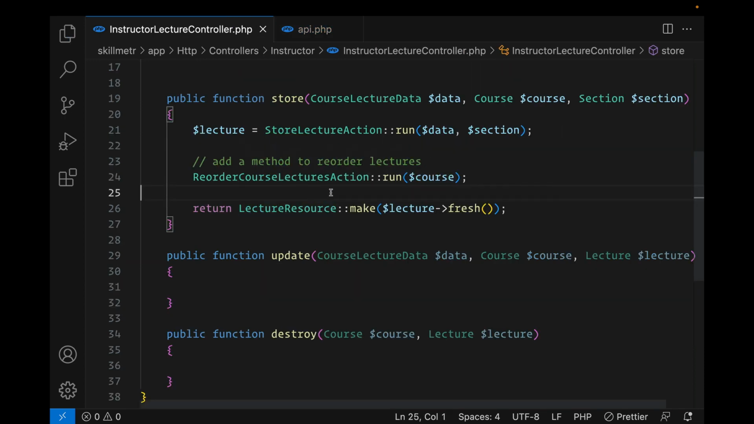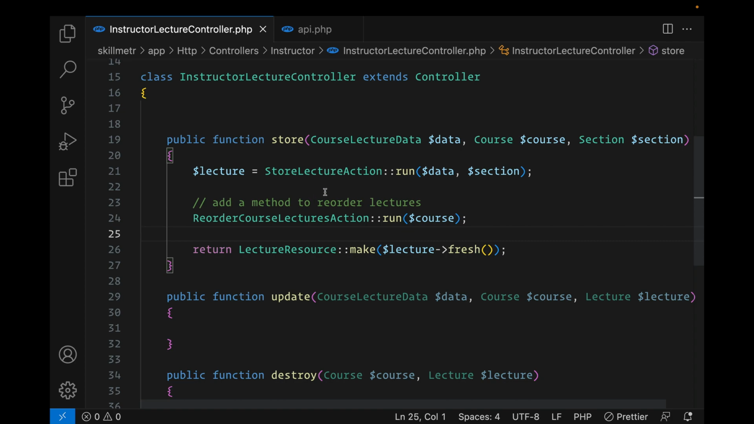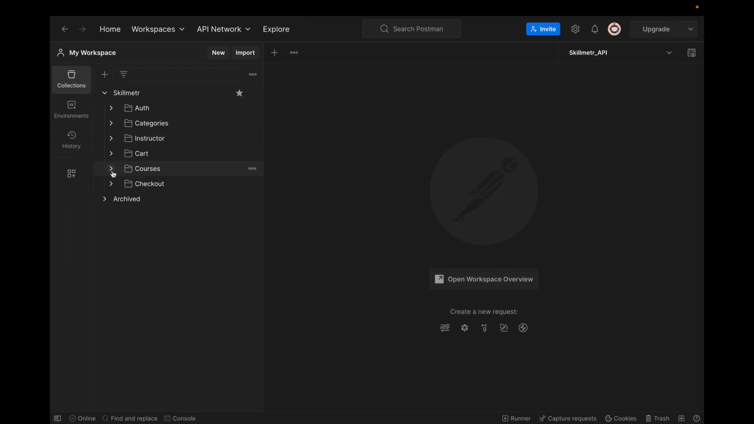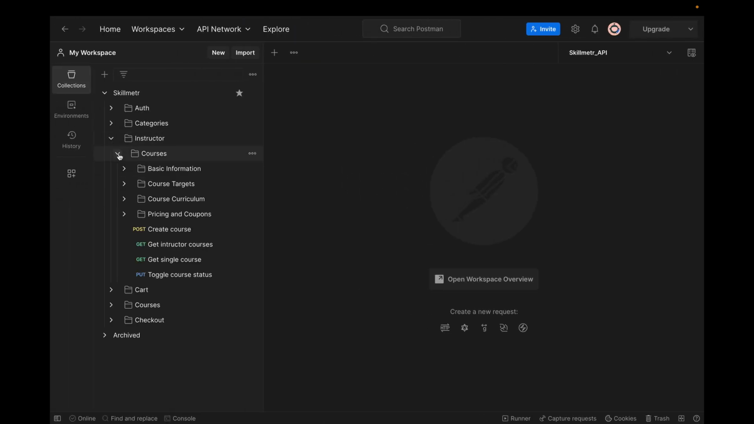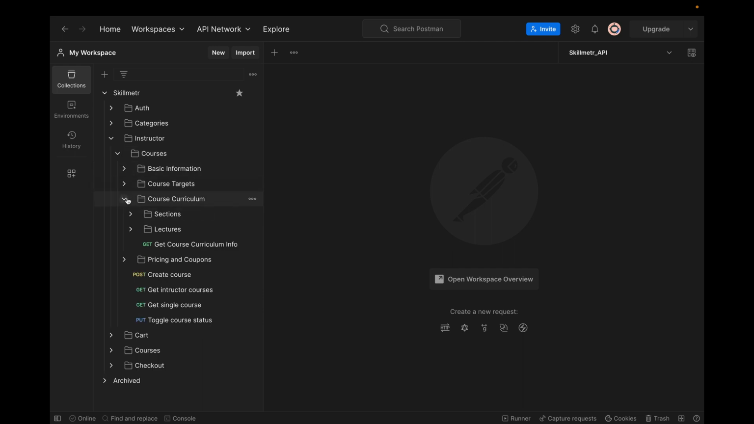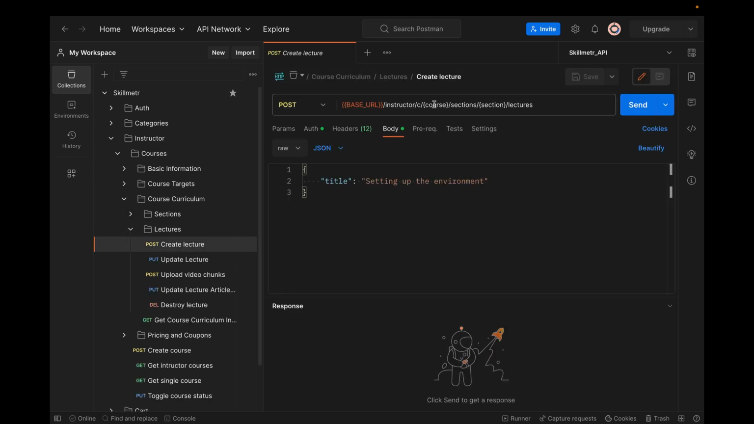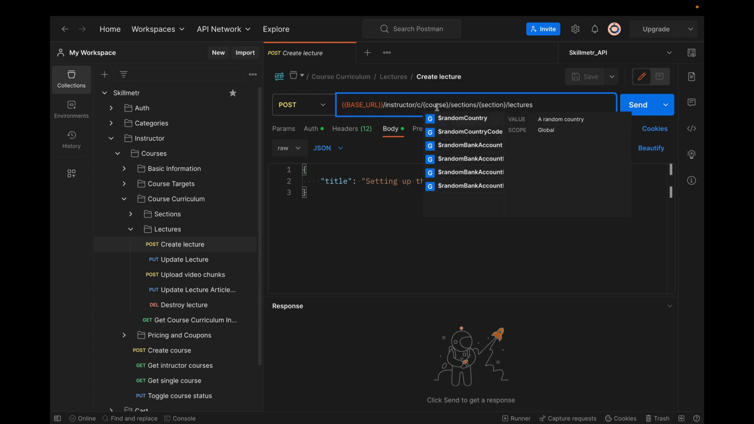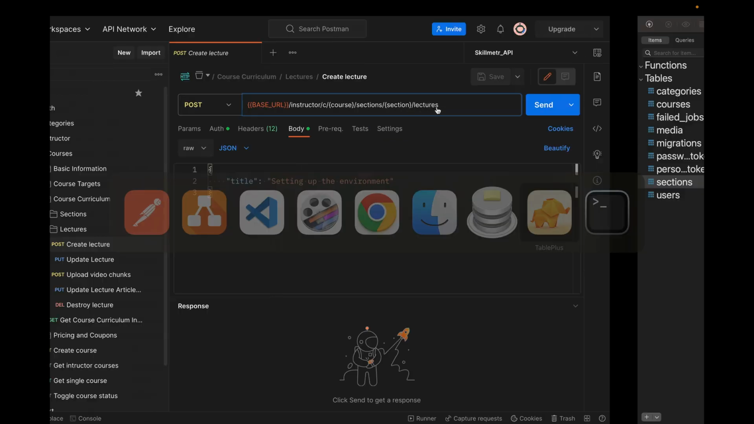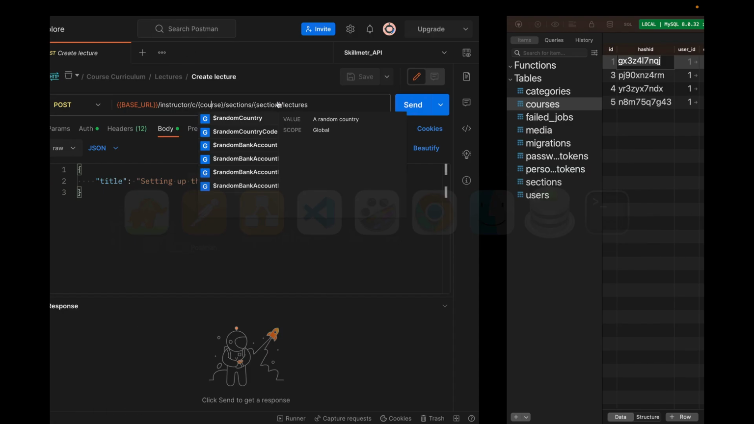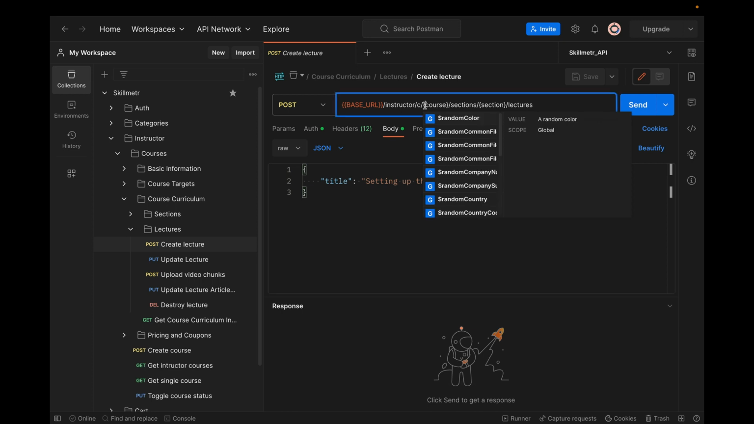So we can go to the front end and quickly test the store method for creating a lecture before we move on to updating and deleting. So over in instructor, we have the courses, and in courses, we have the curriculum. In there, we have lectures, and let's start with create lecture. The create lecture does take the course, so let's go to the database and grab a course ID. And again, we are using the hash IDs here. So we're going to take that hash ID,